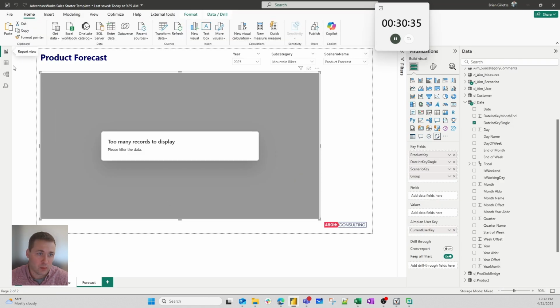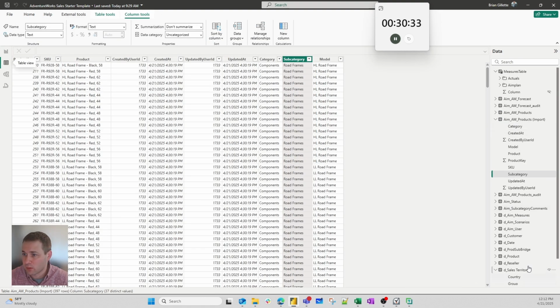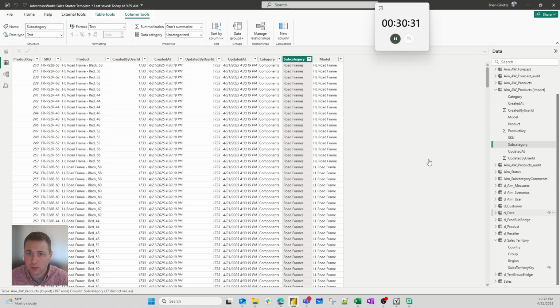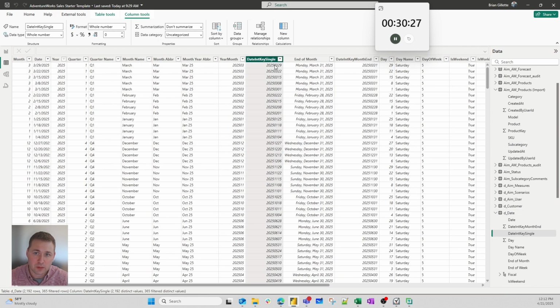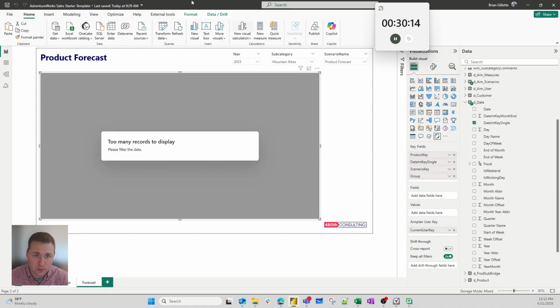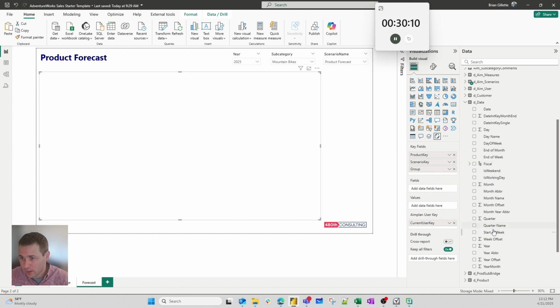And so with that, we're going to utilize that other integer key field. So we have date integer key single. This is going to be a 1-to-1 on the date field. Rather than that, we're going to use the date integer key month end field, which just has 12 distinct values or unique values. So we're going to take that key off